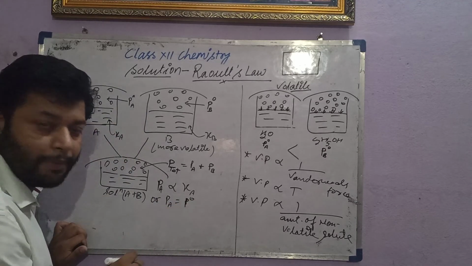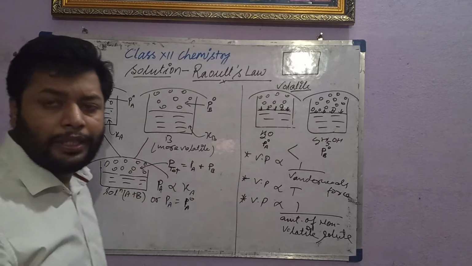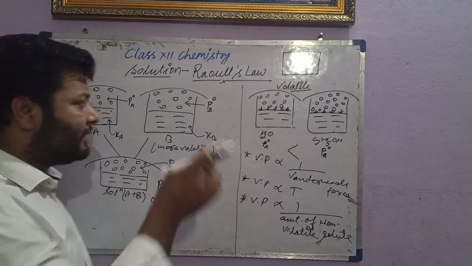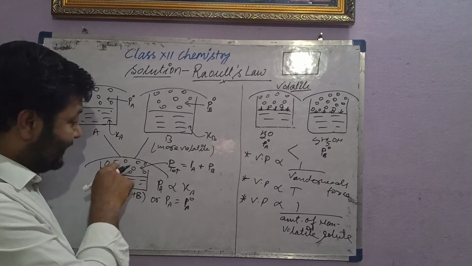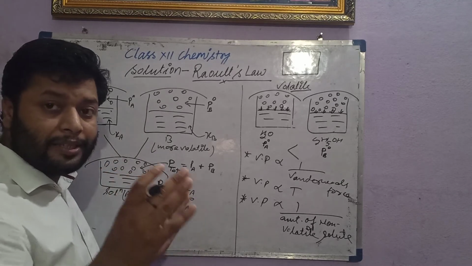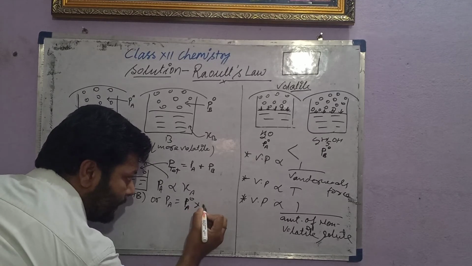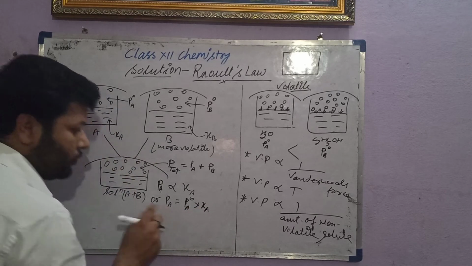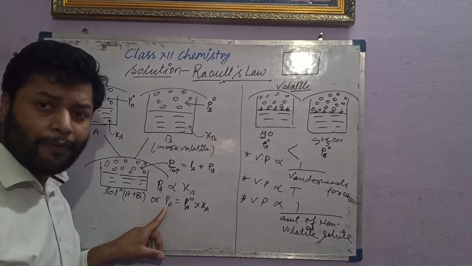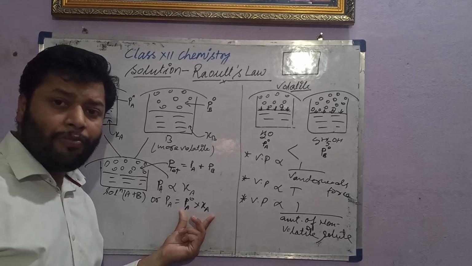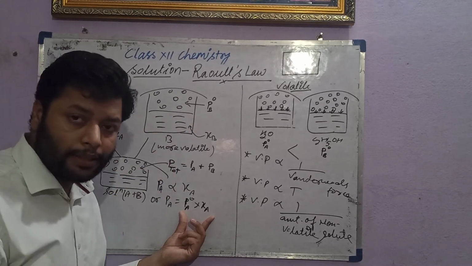When we remove the proportionality sign, we use a constant term. These are constants because there is no other component. There is a single component, so whatever pressure is exerted will be constant. This can actually be a mixing of two different components. So PA equals P naught A into XA. The partial pressure of A will be the product of the mole fraction of A and the vapor pressure of A in a pure condition.